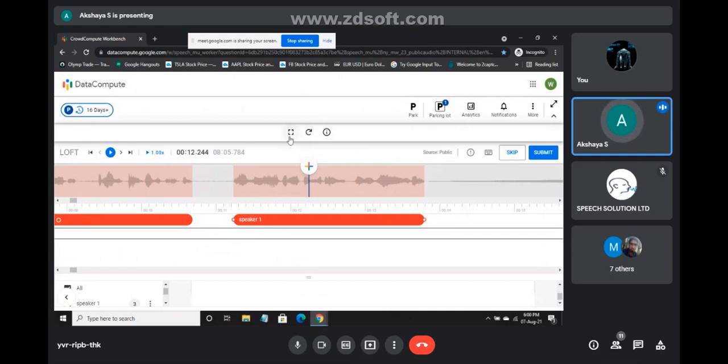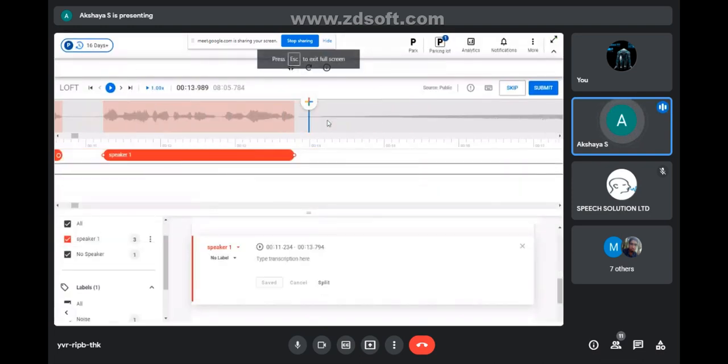For machine voice, you need to create pre-recorded speaker 1, pre-recorded speaker 2. Pre-recorded means you need to type it like this: pre-recorded speaker. Sorry for this glitch, I can't create the speaker, there is some technical error. Okay, like this, pre-recorded speaker. You need to create them if you hear Alexa, Siri, or others, you can differentiate when you listen to the audio, right? This is one machine, one recorded speaker, this is another recorded speaker, this is Alexa, this is Siri, this is the other one. Okay, Google Voice, that is a pre-recorded speaker.